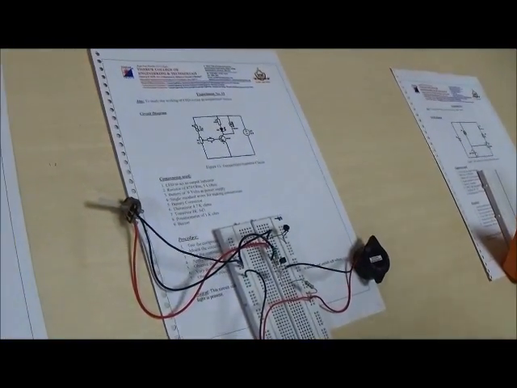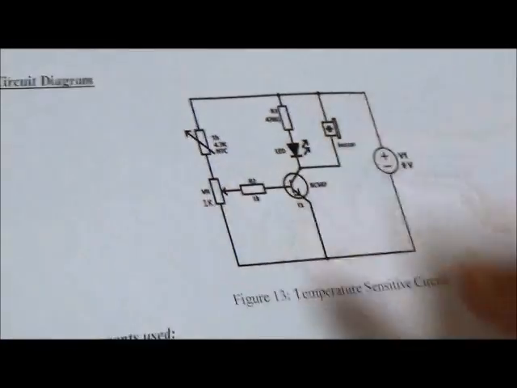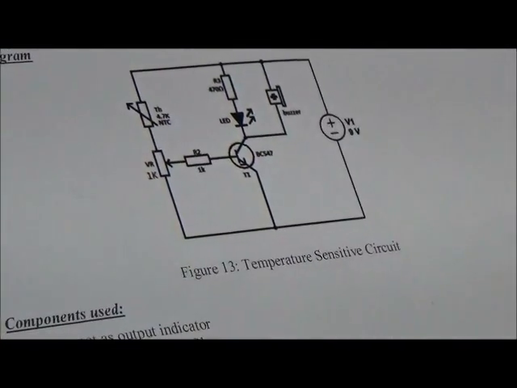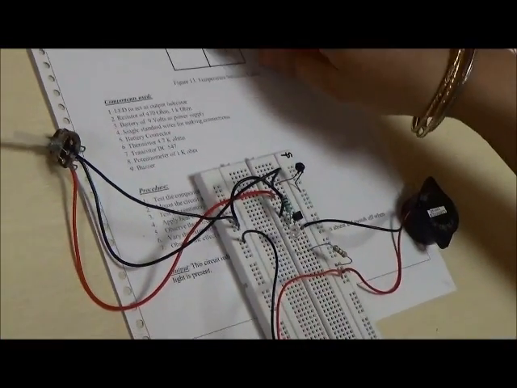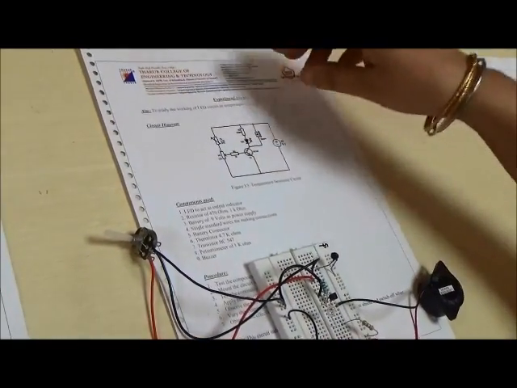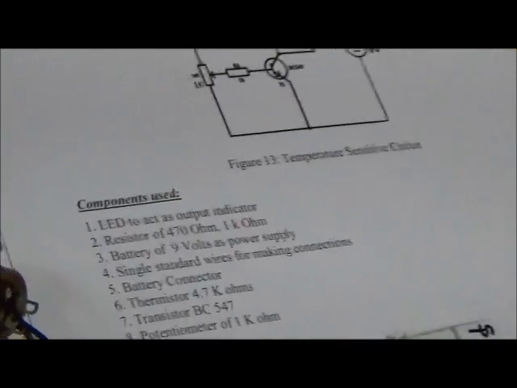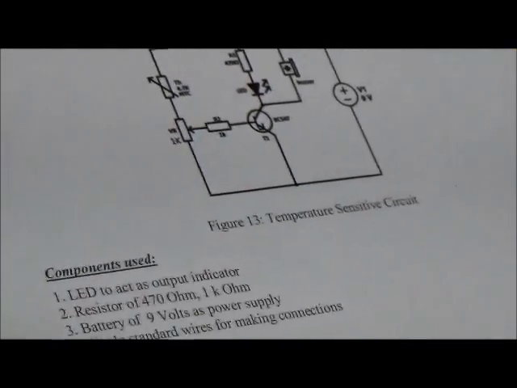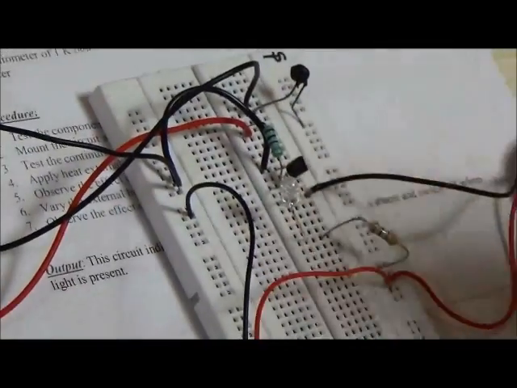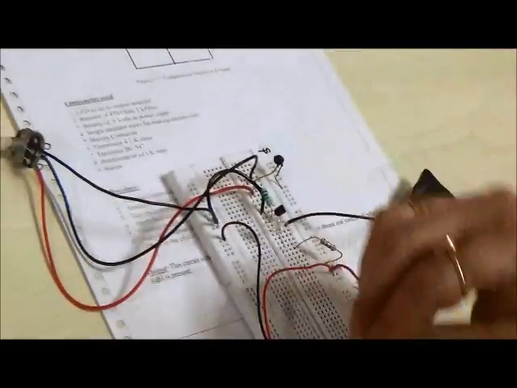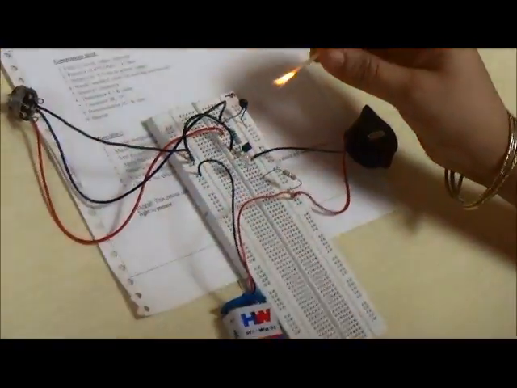The next application of an LED circuit is as a temperature sensor. For a temperature sensor, we are using a thermistor. When the temperature over the thermistor increases, it reduces the resistance and the current starts flowing through the LED circuit and the LED glows. Another indicator that we have used in this circuit is a buzzer which sounds along with it. So right now the LED is not glowing. That is, all the current that we have provided is not able to switch on the LED.